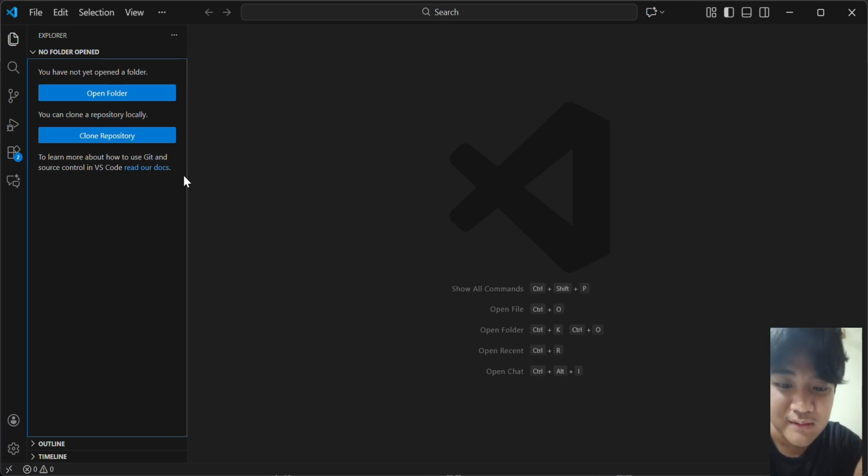Okay, before we end this tutorial, I want to share a few extra tips that will help you get started with VS Code more smoothly. After installing it, one of the first things you should do is adjust the settings to make the editor comfortable for you. You can open the settings by clicking the gear icon at the bottom left and selecting settings. From there you can change your font size, enable autosave, or adjust your theme.